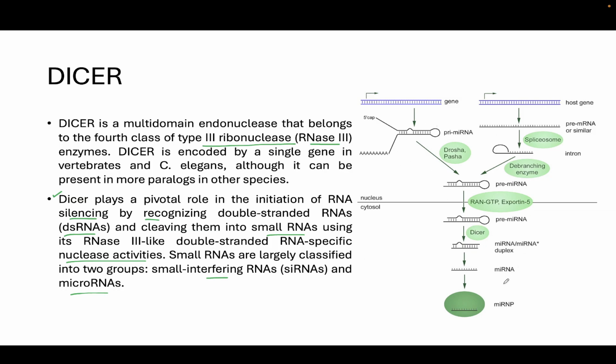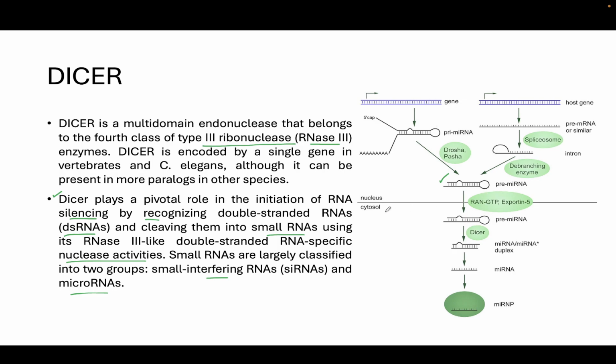And you can see here the schematic representing the gene, this is a host gene, followed by pre-mRNA or similar, followed by the spliceosome. Spliceosome is an RNP complex which helps in the splicing mechanism where introns are removed. Okay, followed by the pre-miRNA. This leads to production of pre-miRNA. Now all this happens inside the nucleus. As you know, splicing is an important post-transcriptional modification in the nucleus, and this pre-miRNA moves to